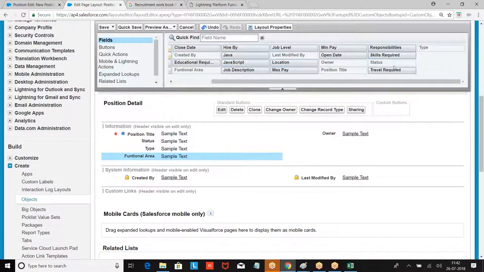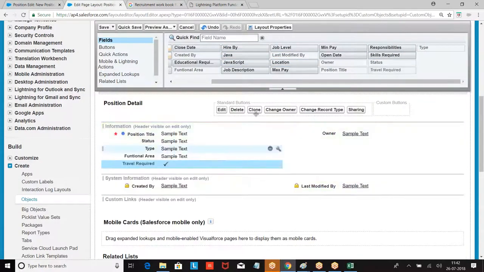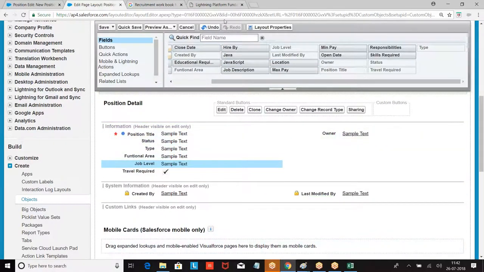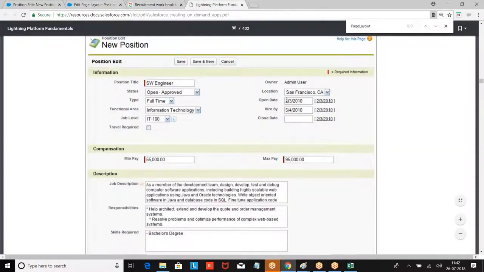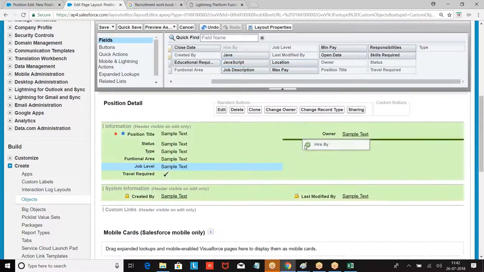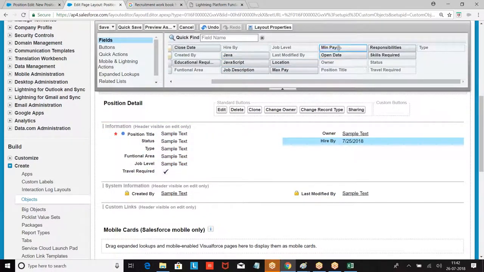Job level, travel required. Travel required, job level. Where is that job level? Okay. Then on the other side, they are asking you to give location, open date, hire by, close date. Location, open date, hire by, close date. So where was that?